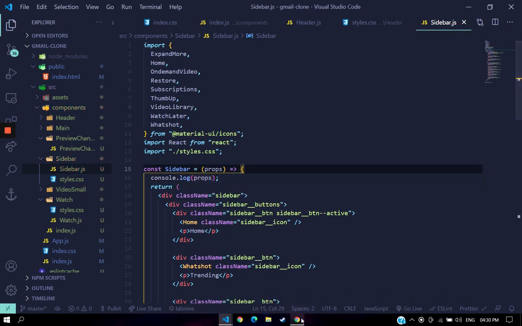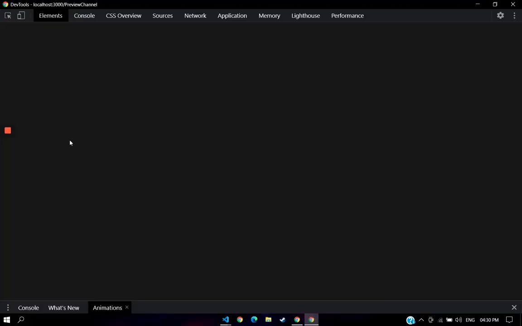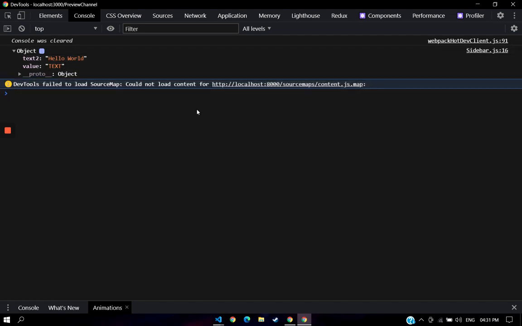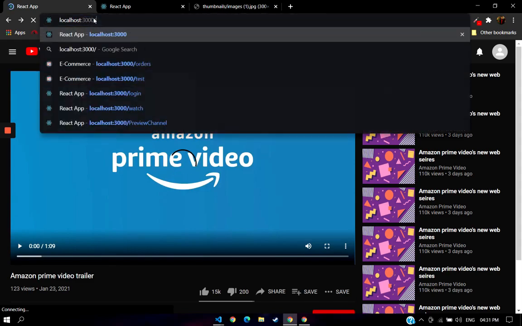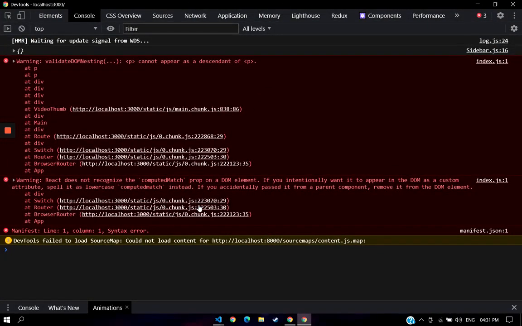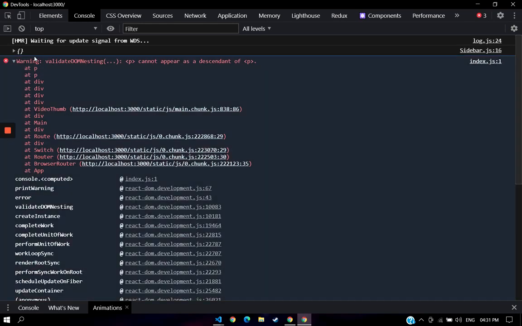right? Save that. Now let's go back and open inspect. As you can see, we get an object which has these two values, text2, which is hello world, and a value of text. For example, if I go to my slash here, okay, what are these errors? I think this is from Material UI anyways, and they're saying validate